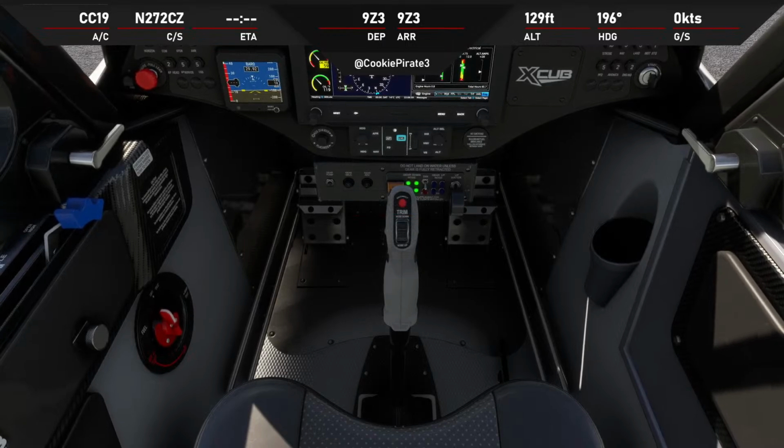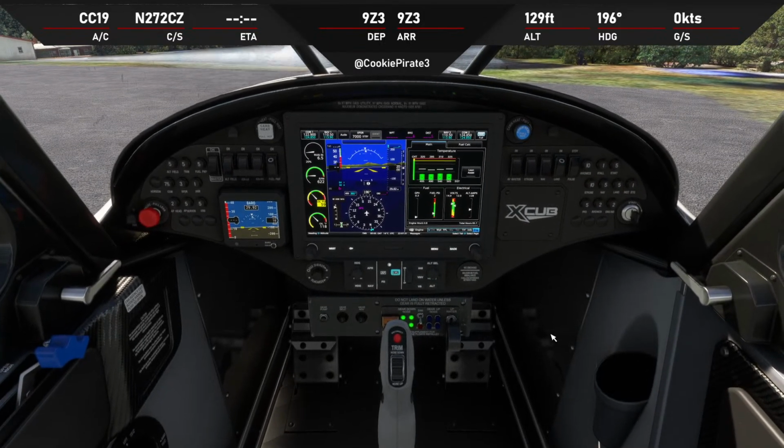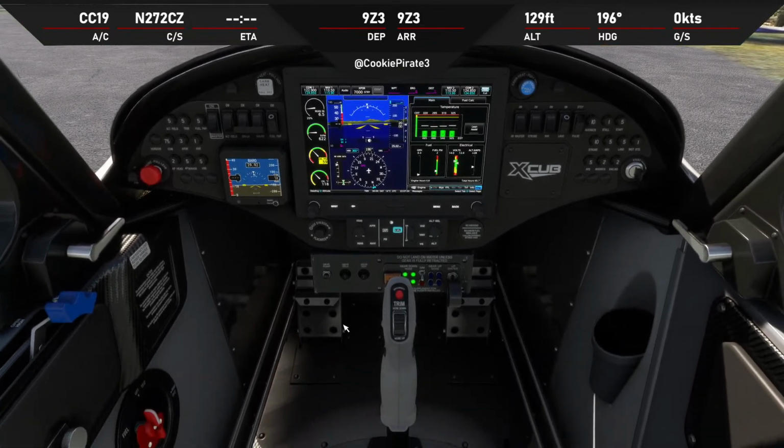So, of course, because the departure and arrival airport are the same, we're not going to have ETA, and you're also not going to see the red bar up across the top of the screen, but you'll still be able to see the flight information such as the altitude, heading, ground speed, that stuff. And also our landing rate, which I'm most particularly interested to see how I do on the landings, because the last one was yesterday. Yeah, that was kind of rough, so that's why I want to do some practice. Alright,